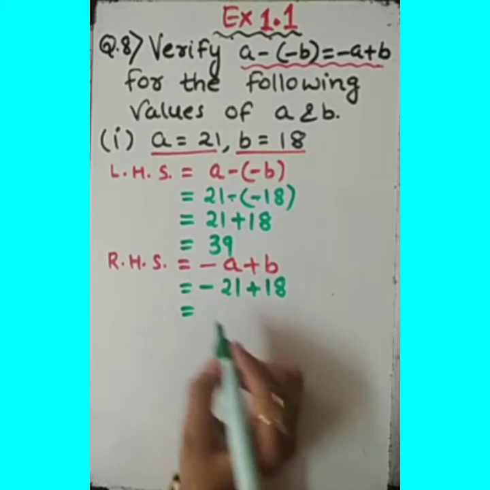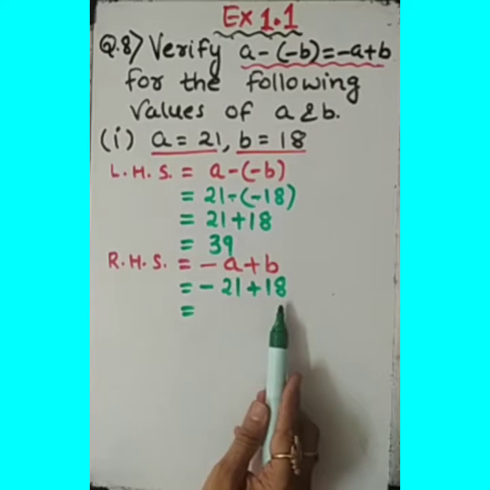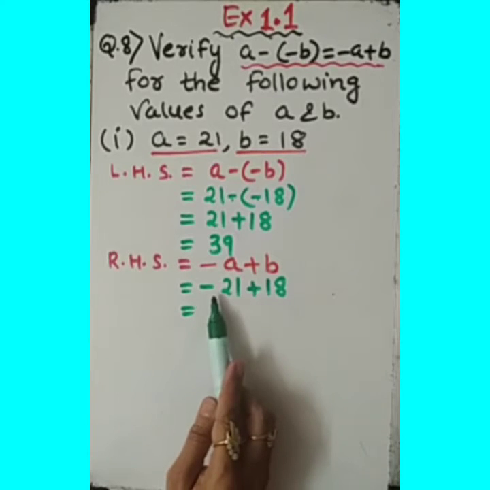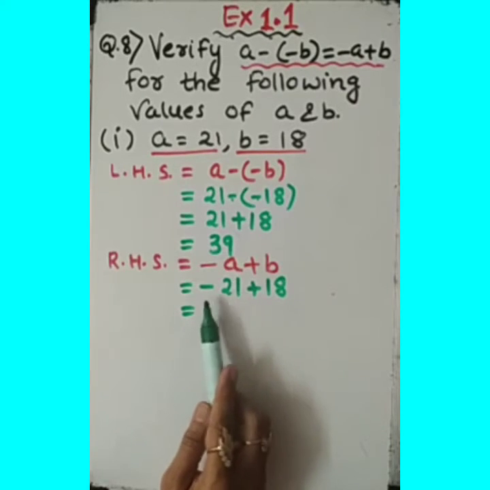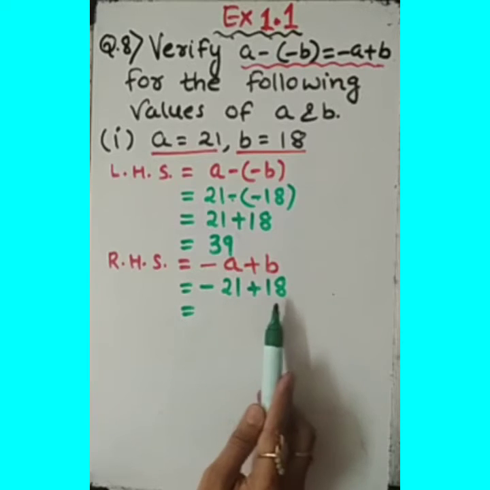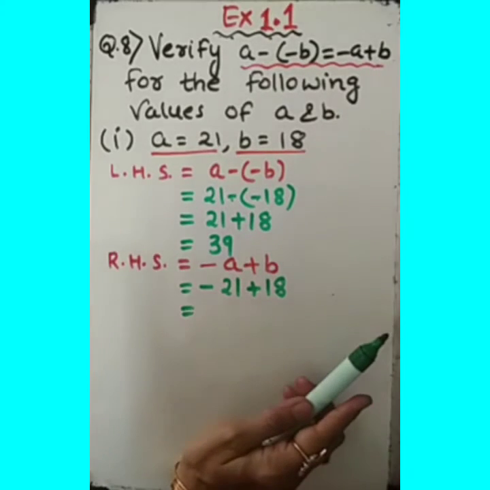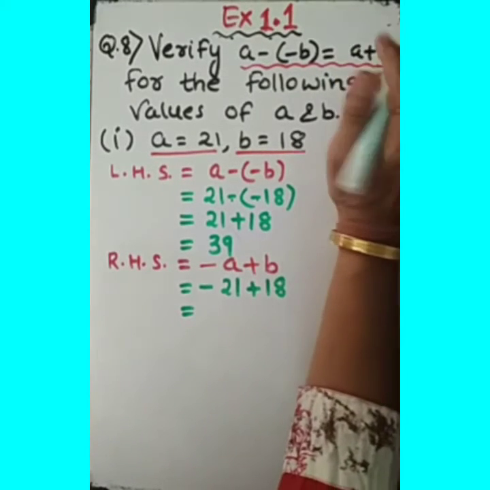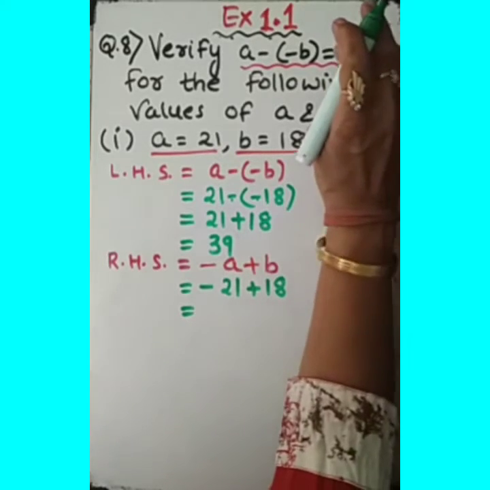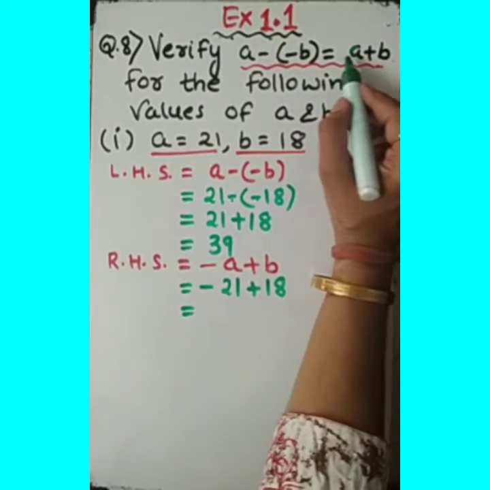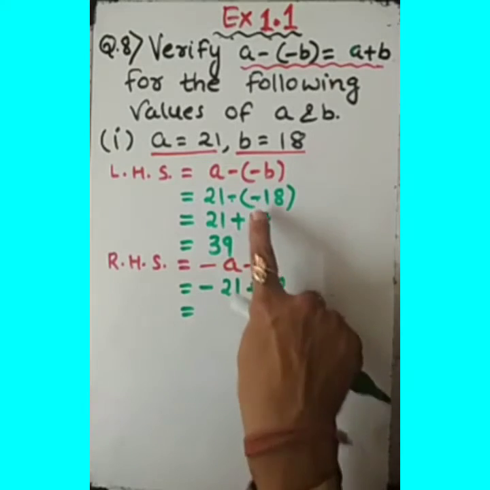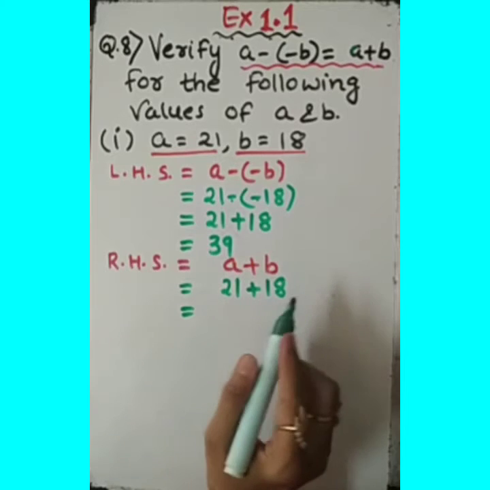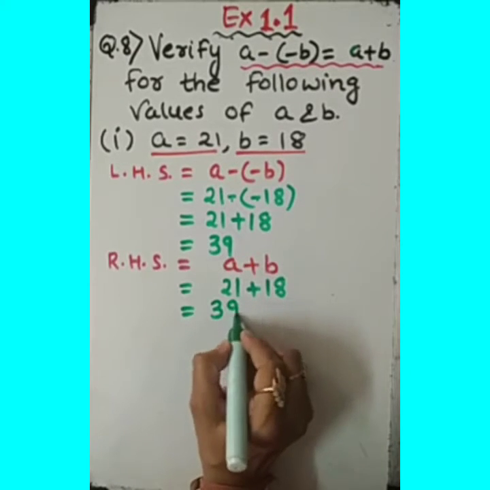Now observe carefully here, opposite sign. So this will be minus 21 and this is 18 as it is given in the question. Yes, beta, I made a mistake here. This is A plus B. Please correct. Remove this minus from here. And this will become A plus B. So 21 plus 18. It again gives the result 39.